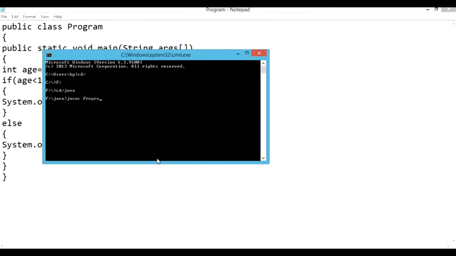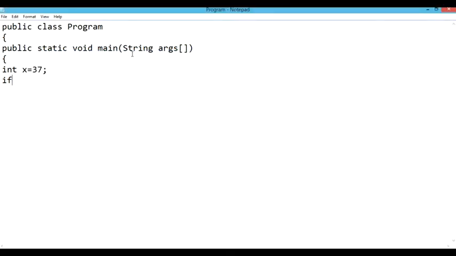Now again, when I execute this code, you can see what output is printed. The else part output is printed in this case. So this is the purpose whenever we are using just the if and the else statement. Next example, we are basically using the nested if. In that case, all the things will remain the same as we have done in the previous case. I am not making changes to that and not showing you again what I have already written.